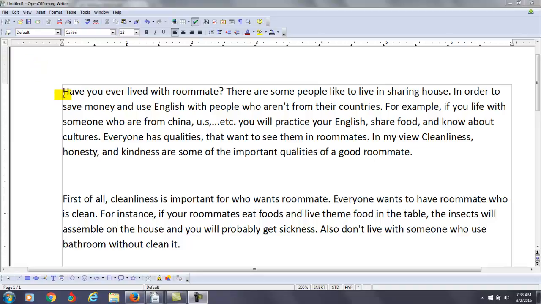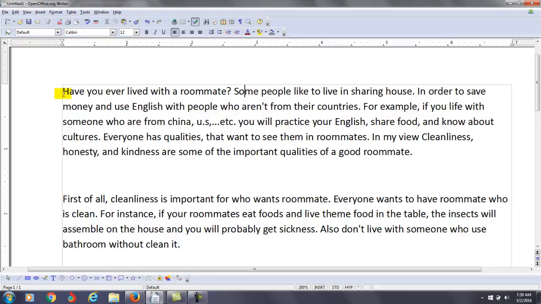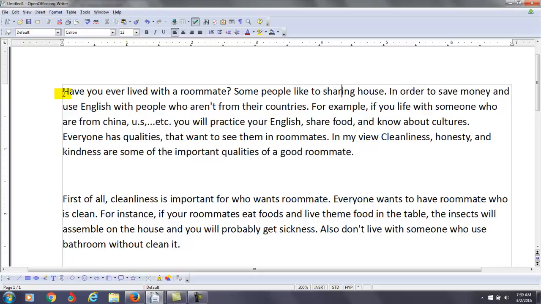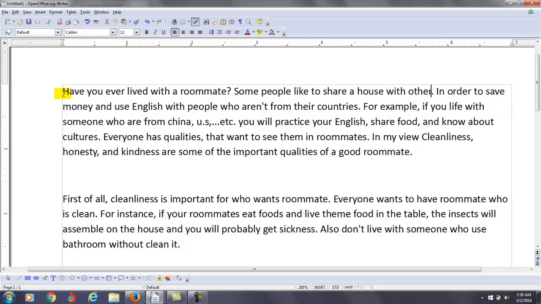Okay, let's take a look at your first paragraph. Have you ever lived with, we'll put a roommate, so you have your hook. Instead, there are, I'm going to just reduce those 2 words. Say, some people like to share a house with others. And we can combine these 2 sentences together in order to save money and use English with people who aren't from their countries. For example, if you live with someone